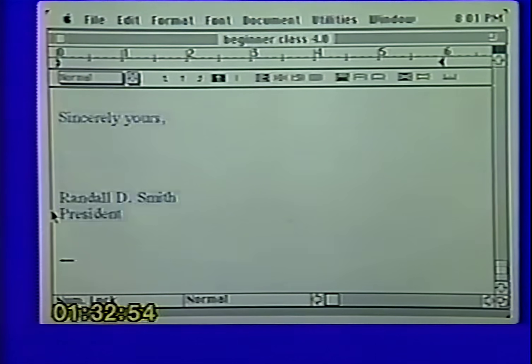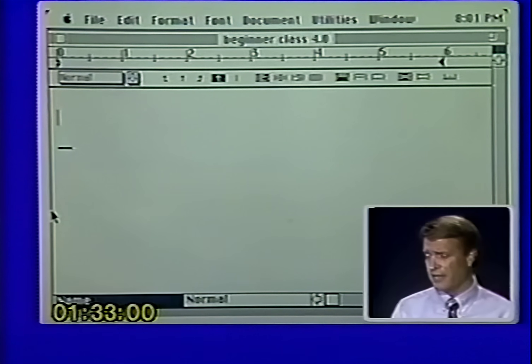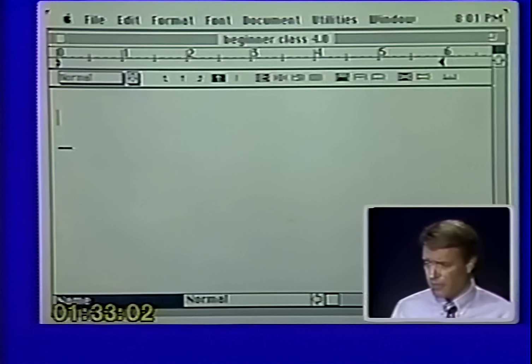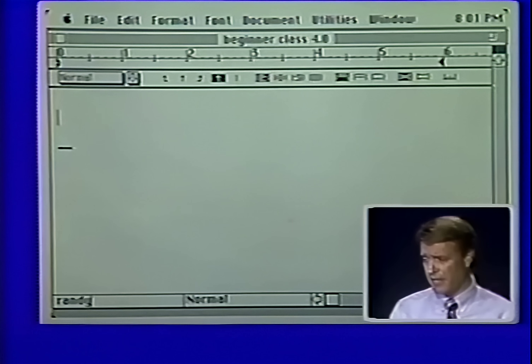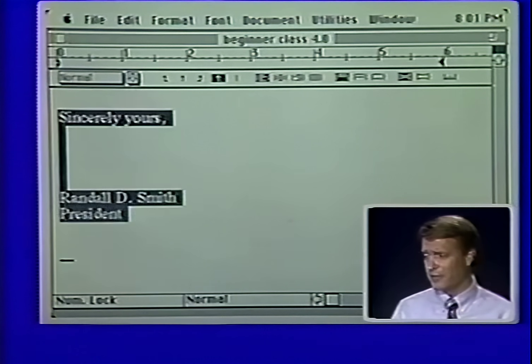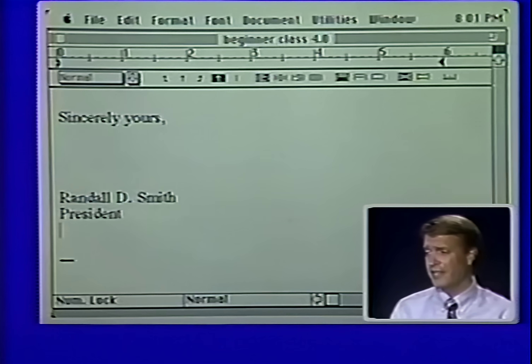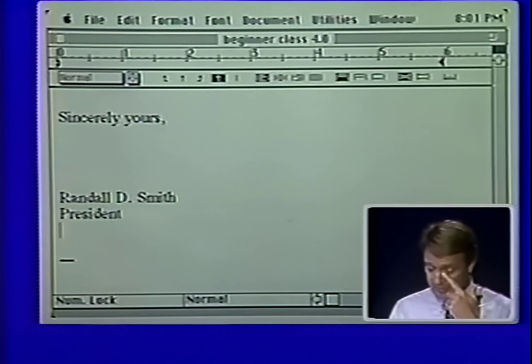So let me get rid of this again. All you have to do to access your glossary is hit the Command backspace key. Command backspace, and you'll notice down in the lower left-hand corner it now prompts you for the name. Type in the name, hit your return key, and there it is. Now I will do that quickly so you can see what a time saver that is. I get to the end, I hit Command backspace, type in the keyword, hit return, and there it is. Now you can picture with the test where I was doing page after page, all I'd do is say number 3, and there'd be my 3 pages.